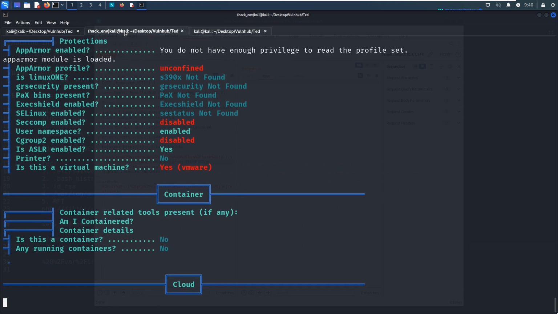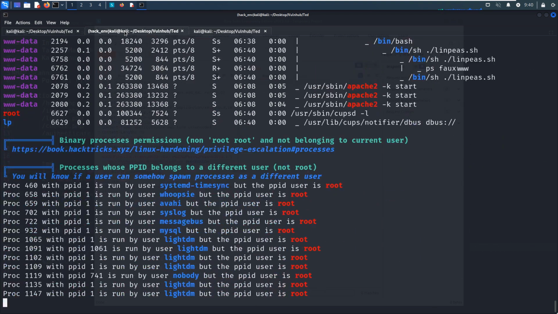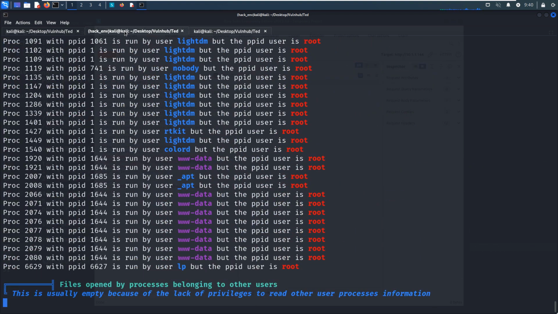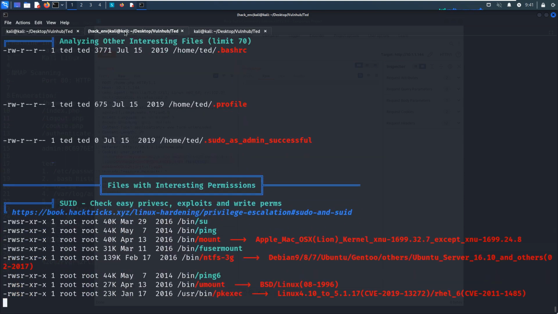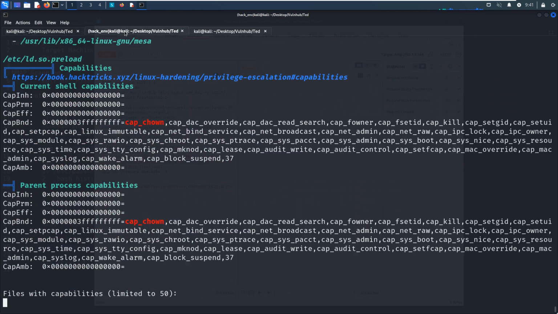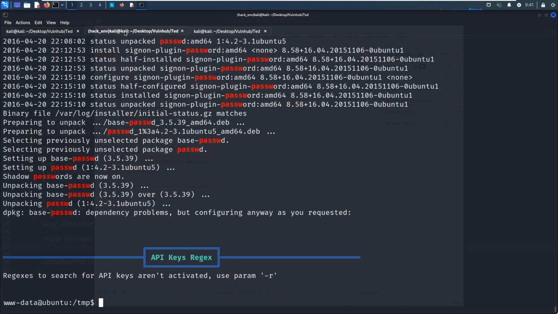I think the kernel is vulnerable since it's not updated, but I'm not going to take the kernel exploit to elevate privilege. It's done, all right.